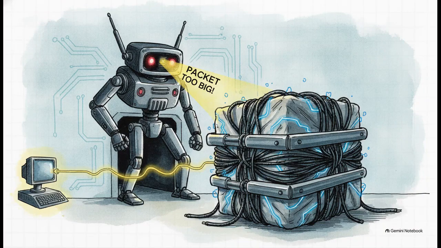Well, you're looking at a path MTU discovery failure. In IPv4, routers would nicely fragment large packets for you. In IPv6, routers completely refuse to fragment. If a packet is too big for a link, the router just drops it and shoots back an ICMPv6 Type 2 message, literally called packet too big, telling the sender, hey, shrink this down. The immediate fix here? You absolutely must permit ICMPv6 Type 2 inbound on every single one of your firewalls. If your firewall drops that message, the sender never knows to resize the packet and your connection just hangs there